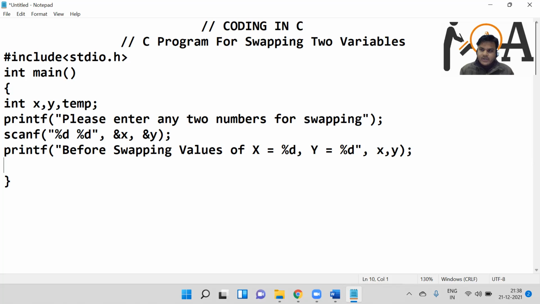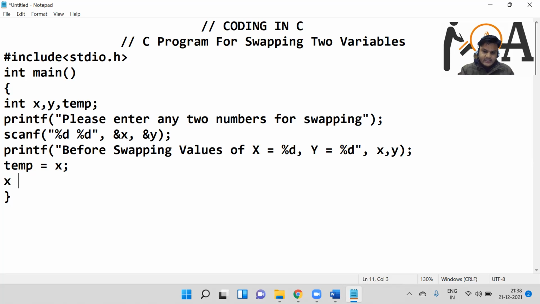Now we are going to swap the values using a temporary variable. Initially we are going to assign temp equals x. So whatever value x is right now holding, it is assigned to the new variable temp, so temp is now holding the value that x initially had.